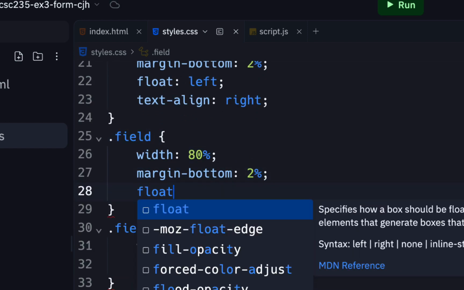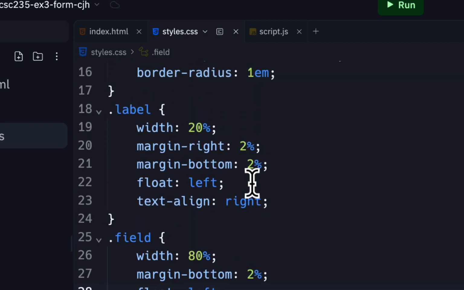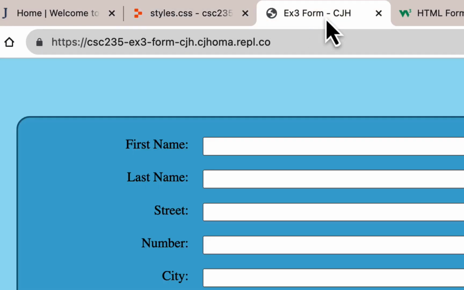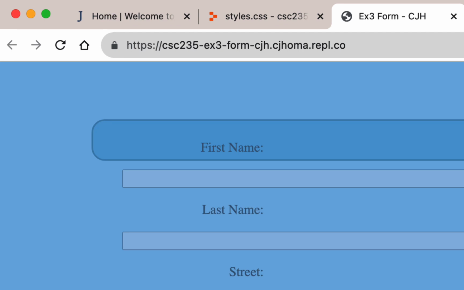I'll put float left. Now you could do float right, but I'm going to do float left so that they're both floating left. So they're both removed from flow. Now we don't have to go into a whole floating thing right now, but I just want to solve where that's coming from. Now if I do this, watch what happens. Okay, it breaks. But it's an important break because you can see it's breaking outside the container,